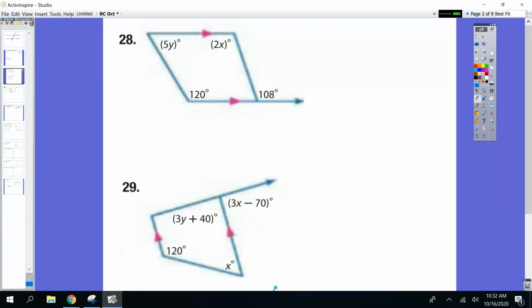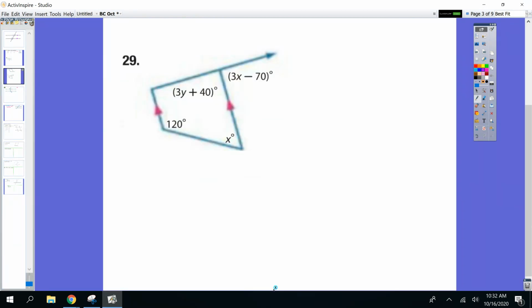Okay, 29. Everyone sees my arrows, my parallel lines. Let me highlight those so we can stay focused on them. And you can even extend them if you want. Those are my parallel lines. Making the other two lines I didn't highlight, those are called what? The line that goes through the two parallel lines. We call that a